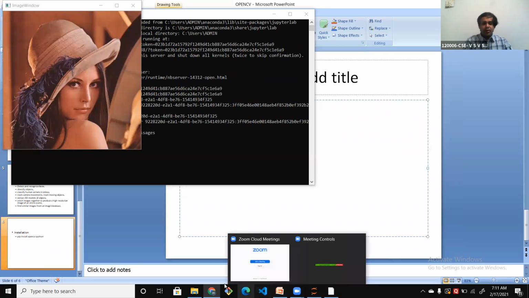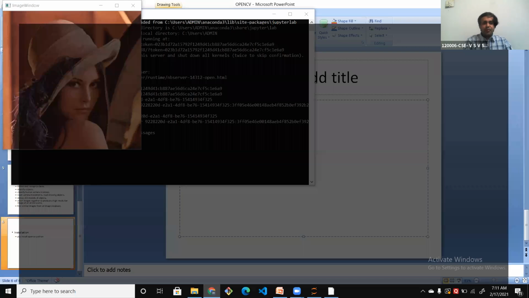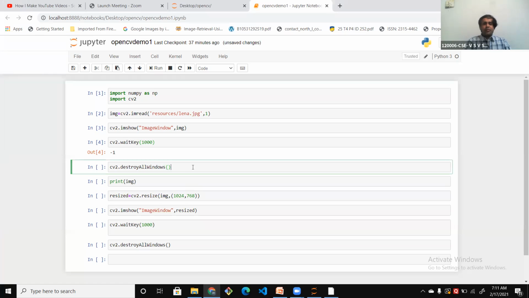Remember this point. Once we are displaying the image, to close the image, we use the command destroyAllWindows. Whatever windows are opened because of imshow, all of these will be closed with this command. Now, let us see the information in the image.